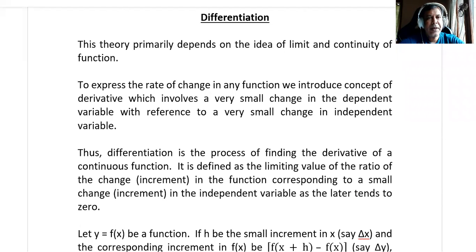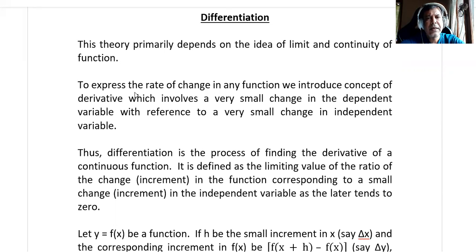Differentiation. This theory primarily depends on the idea of limit and continuity of a function. Let's consider a function y equal to f of x. Here we say this x is an independent variable and y is a dependent variable dependent on the variable x. So now when we say differentiating, that means we are trying to find out the derivative of that particular function,